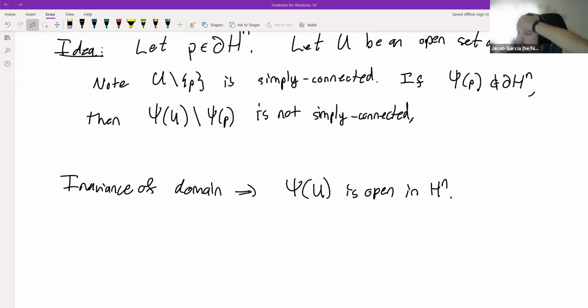So yeah, I agree with you that invariance of domain seems to be related to this problem, but the conclusion that I would want from invariance of domain is given in the assumptions of the problem. So I don't know if he, maybe he gives this problem without that assumption in homework sets or in his list on his website. And then for the final, he gave that assumption to make the problem easier for the final or something. But yeah, the thing that I would want from invariance of domain is just that